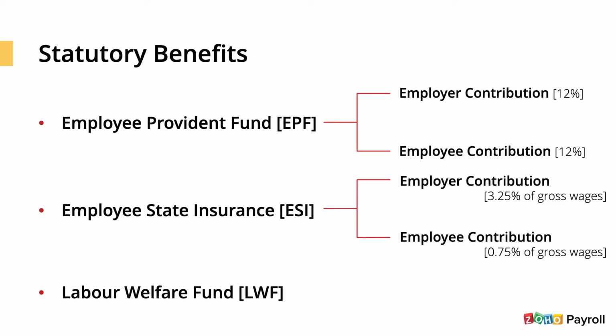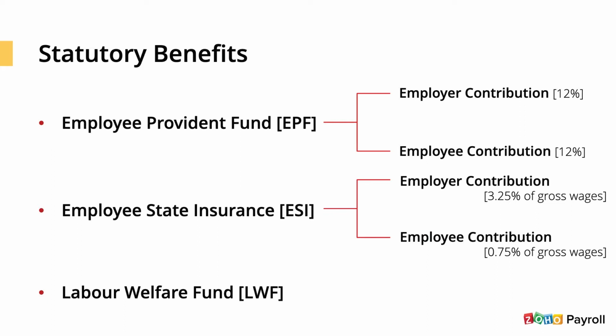Next, the Labor Welfare Fund. Labor Welfare Fund was introduced in the year 1965 to improve the laborers' working conditions and provide social security that can help in improving the standard of living for the employees. The benefits cover education, medical facilities, food, transportation, and recreation. Labor Welfare Fund is a state-specific statutory fund that is managed by individual state authorities. Some states do not even support Labor Welfare Fund.